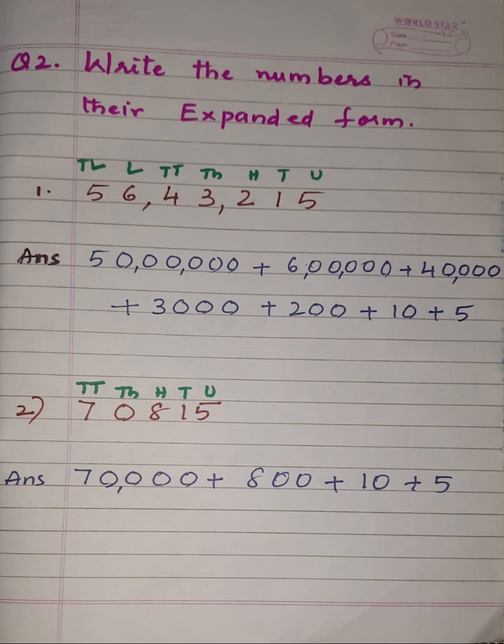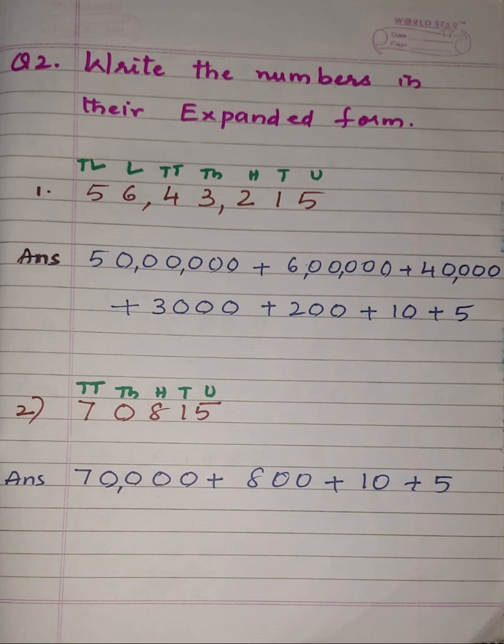When you observe this on the screen, when you start from the left hand side and move towards the right hand side, digit 5 is in which place, children? It is in the 10 lakhs place. So its place value is 50 lakhs. Now digit 6 is in which place, children? It is in the lakhs place. That means the place value of 6 is 6 lakhs.